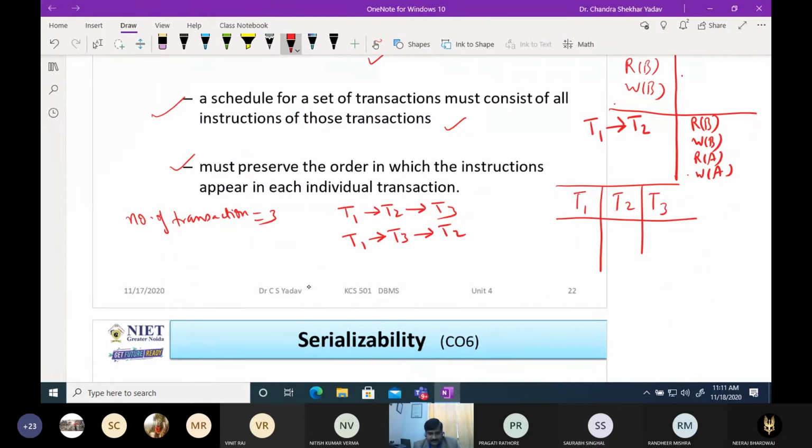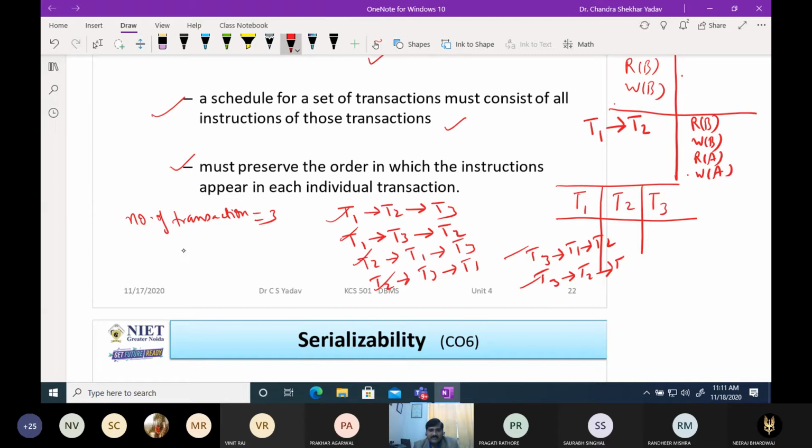Factorial of 3, good. That is 6. Again: T1, T2, T3; T1, T3, T2; T2, T1, T3; T2, T3, T1; T3, T1, T2; and T3, T2, T1. That is 1, 2, 3, 4, 5, 6.